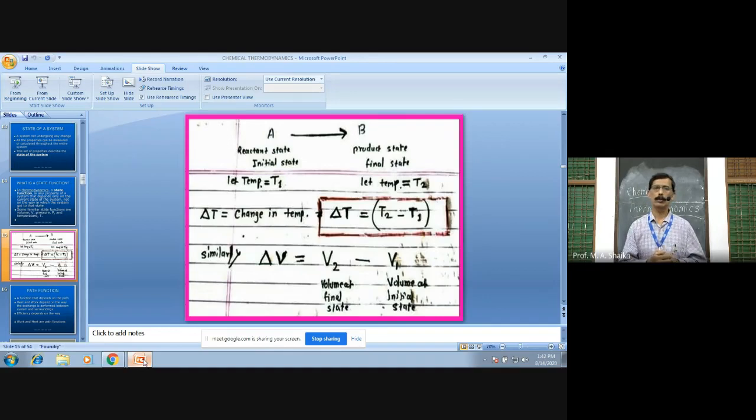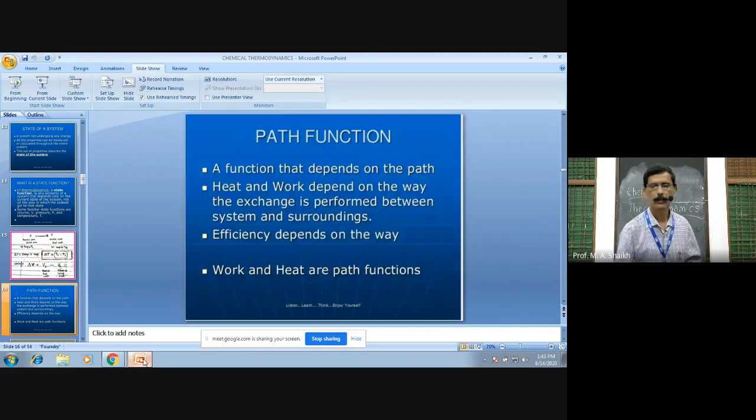When there is P1, you have to understand P1 means pressure at initial state and P2 means pressure at final state. Suppose you have to find change in pressure. Pressure is a state function. Therefore, we can find change in pressure. How to show change in pressure? Delta P. How to find delta P? Change in pressure, delta P, is equal to P2 minus P1, where P2 is the pressure at final state and P1 is the pressure at initial state. We have to use this in the further part of the chapter. So this is the important part, don't forget.